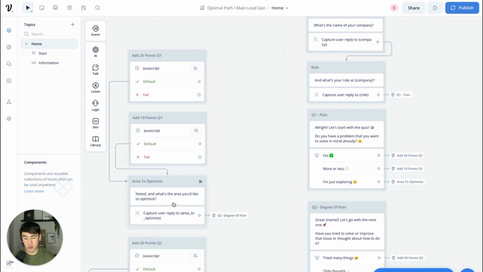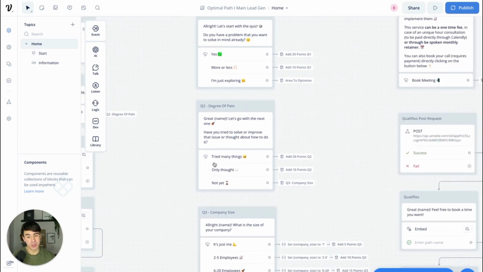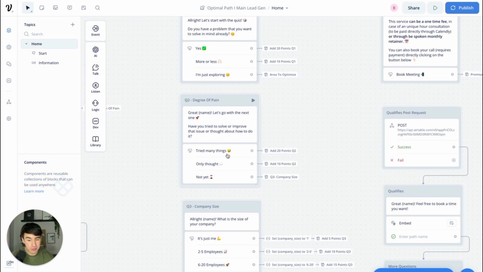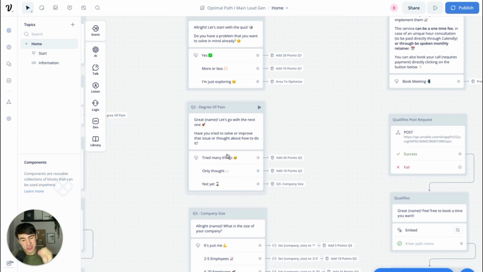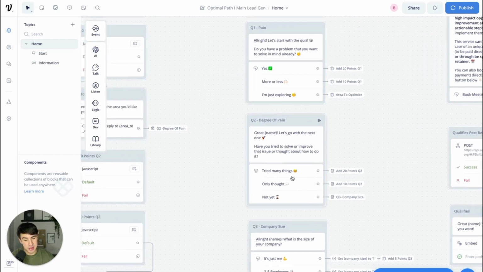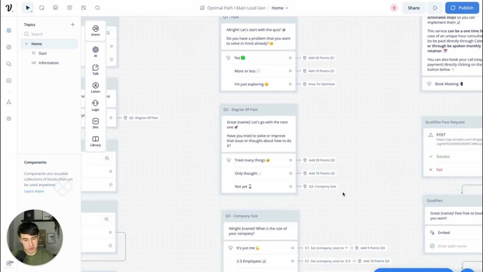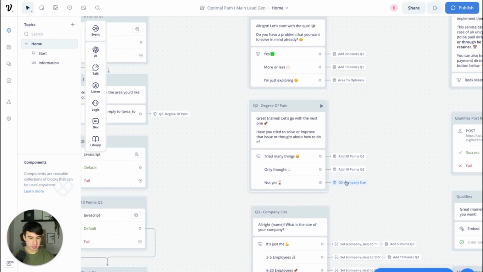So here we're going to capture some extra information that we are going to use for internal purposes, and then here we're going to the next block, that in this case is going to be the degree of pain, and here we're going to do exactly the same. We're going to set different buttons, and each different button is going to have different points. So in this case, "try many things" is going to assign 20 points, "only thought" is going to assign 10 points, and "not yet, not an action taker" is going to assign 0 points, because we are going